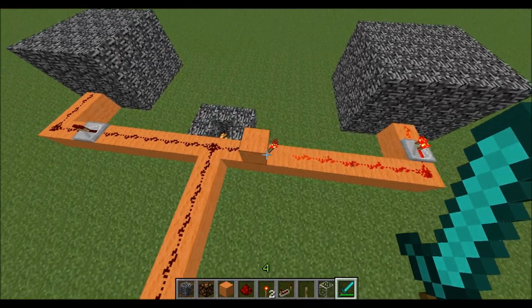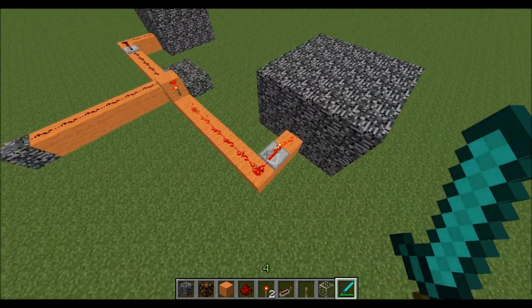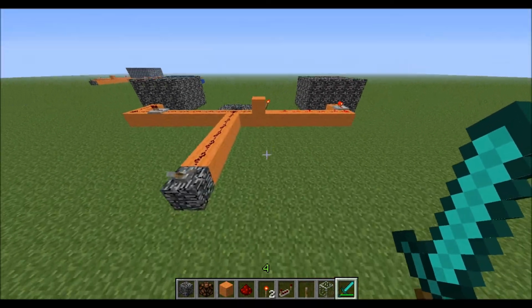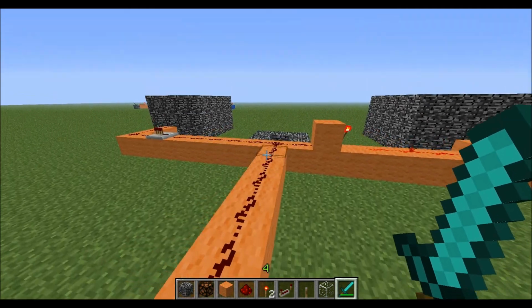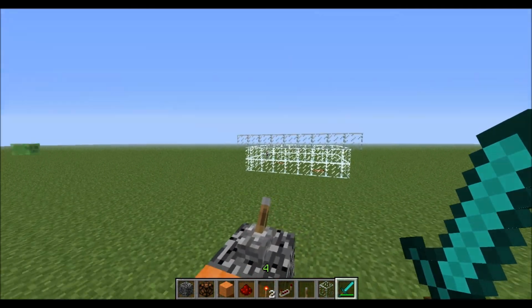This is actually really handy because, because the inverter's on the inside, the one that has the redstone flowing to it is the one that's working, or active. Hopefully,